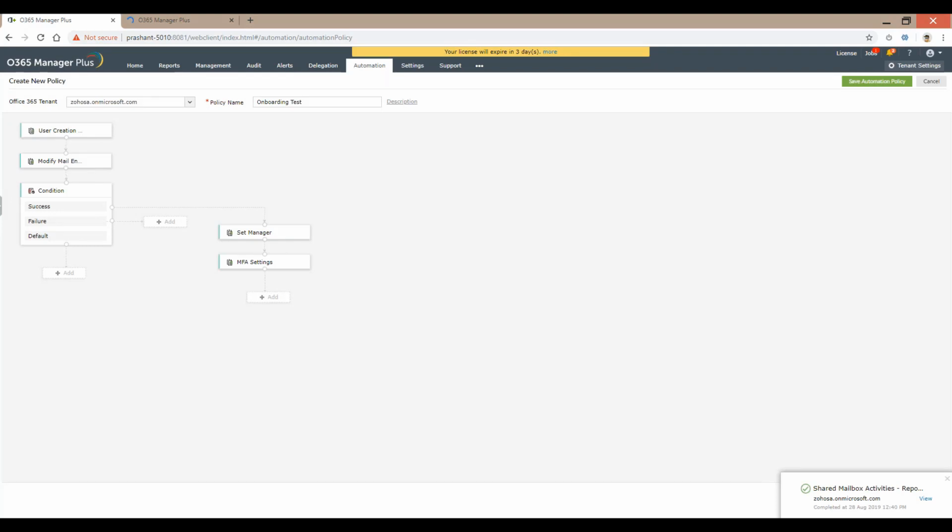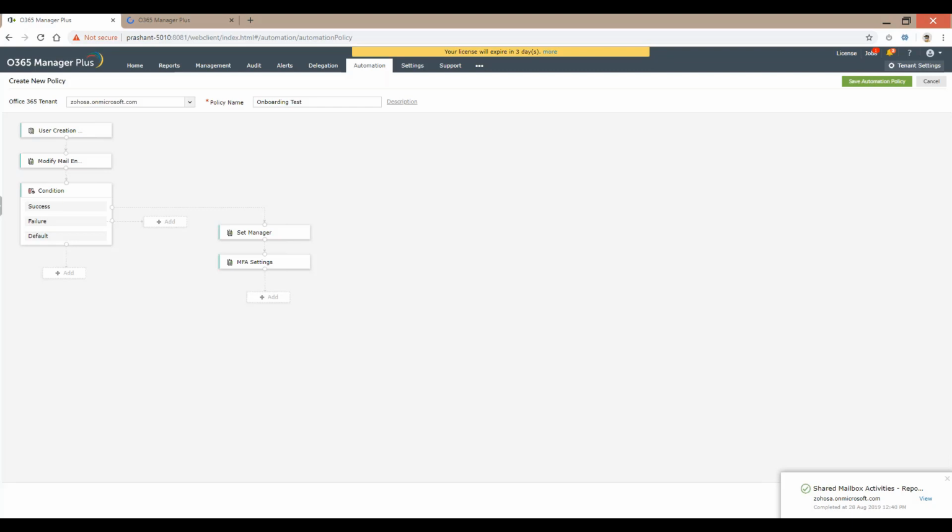that are done instantaneously here. It's saving me quite a lot of time, and the best part is it's not just for one user, but however many users you want can be onboarded at the same time into different departments, and all attributes and all conditions set the exact same way you want it to.